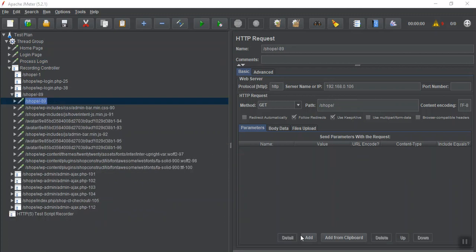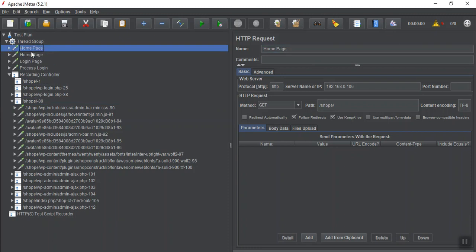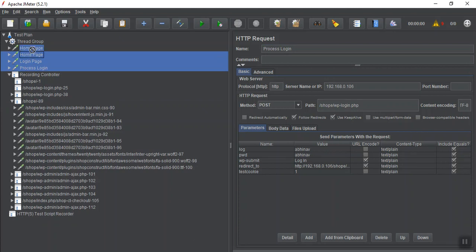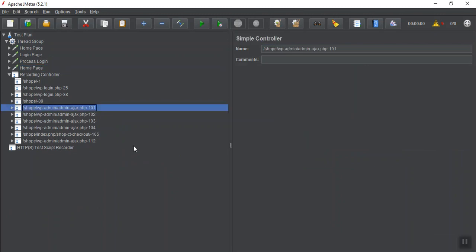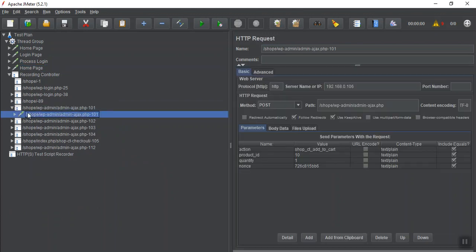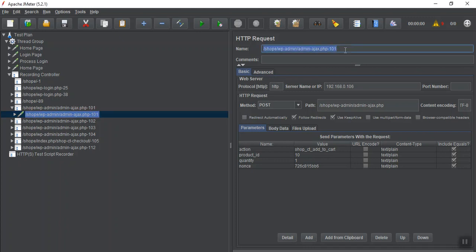Okay, now see, after login again we need to go to the home page, so it will be our home page. Fine, we need to move back to our home page, so let's move the home page also. So here we were adding the items to the product, so I can name it as product 1.